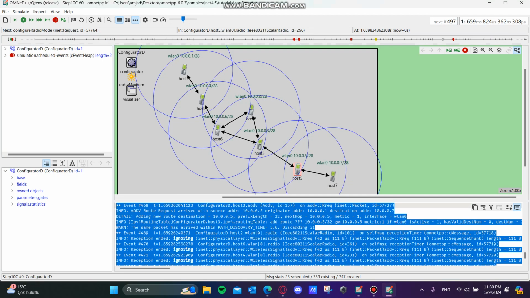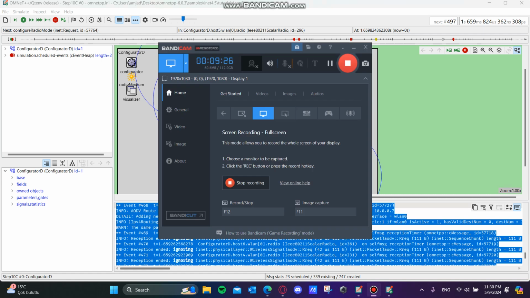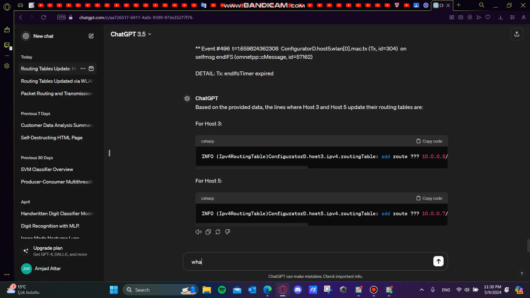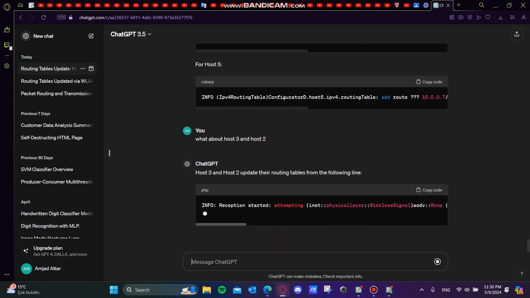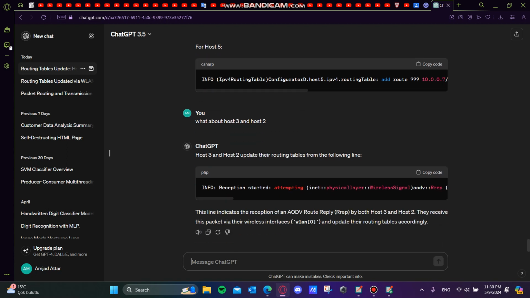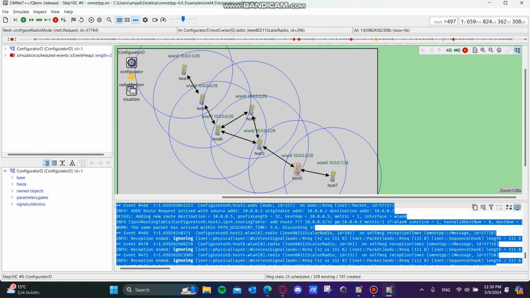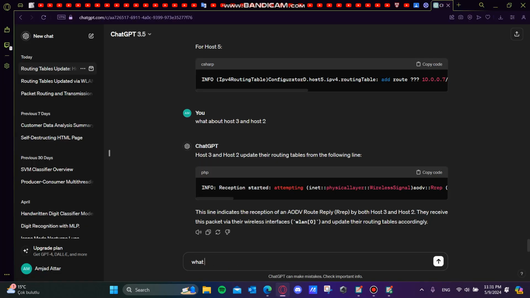So let's ask it another question, for example, between host 3 and host 2. What about host 3 and host 2? So this is the line between host 2 and host 3. Let's ask it one more question, for example, between host 3 and host 6, what about